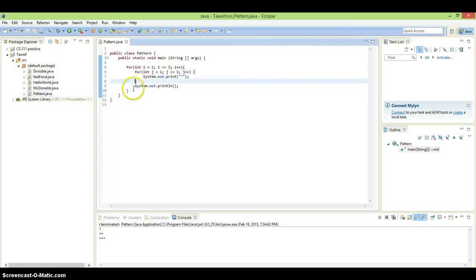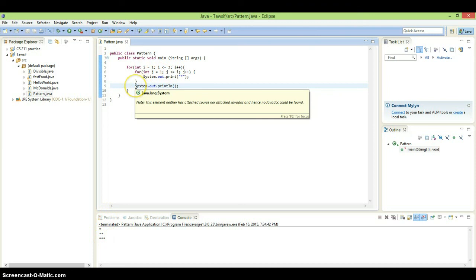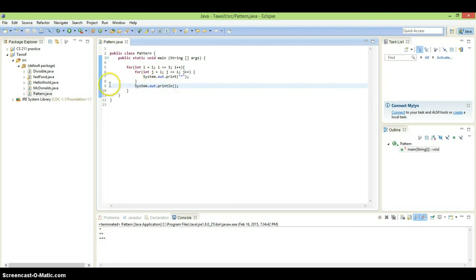Get out of this for loop and go to line 9, and Java is checking whatever is in line 9. So we have put System.out.println, which means go to the next line. So the cursor is in the fourth row. So when Java checks this for loop, and then we have incremented I, now I is 4. Is 4 less than equals to 3? Nope, 4 is not less than equals to 3. So the program exits. Alright guys, I hope I have explained it well and you guys have a clear grasp